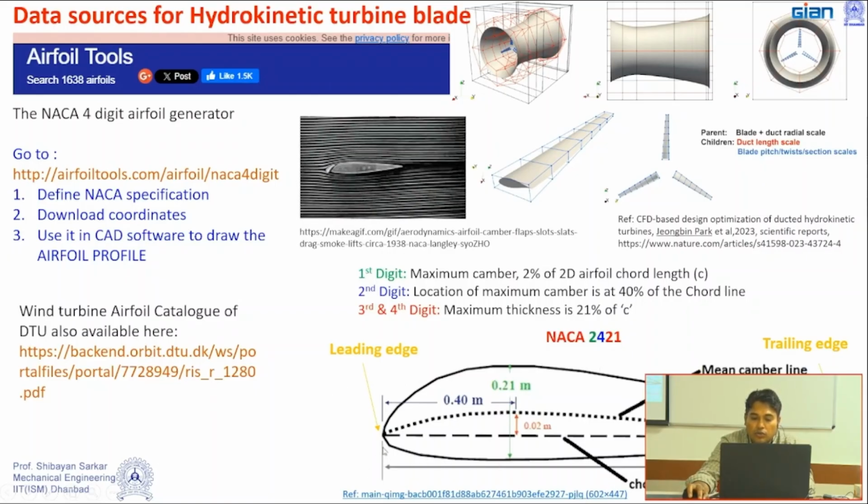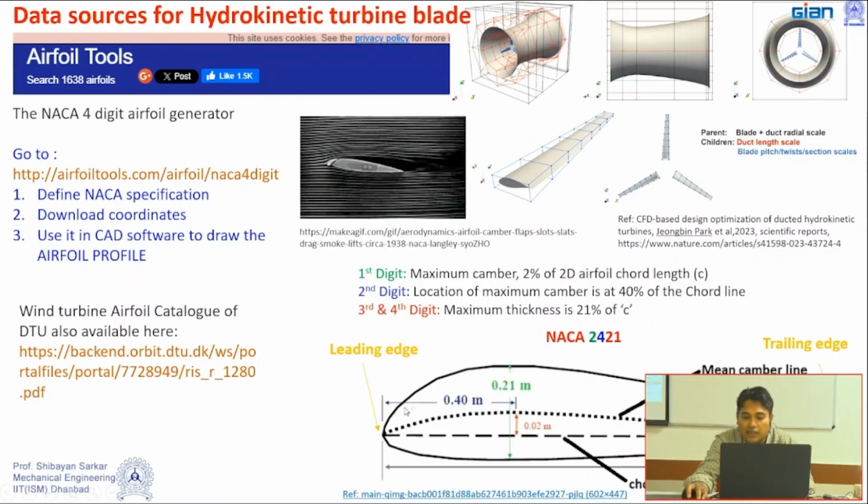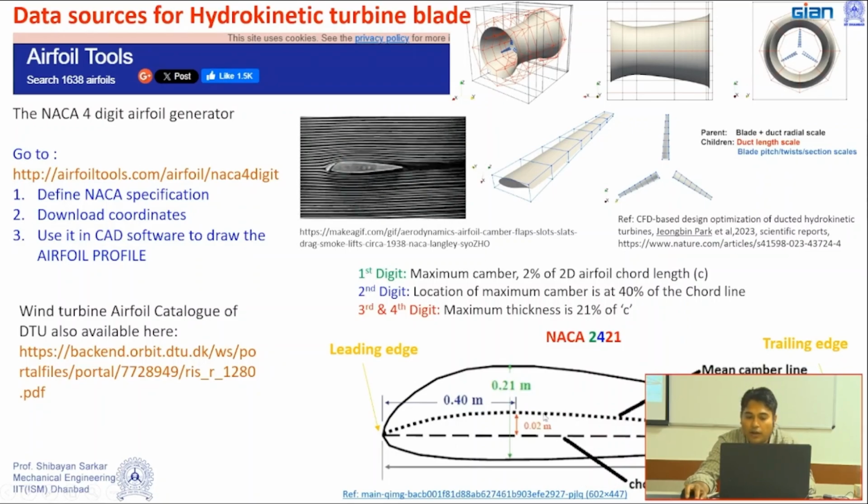characteristics. This is called the leading edge, this is called the trailing edge. If you join the leading and trailing edge, this particular length is called the chord line. If it is not symmetrical, that means if this particular surface and this particular surface are not symmetrical, we call it a cambered aerofoil. This camberedness we can find here through this dotted line. How much is the camber is also embedded in the number